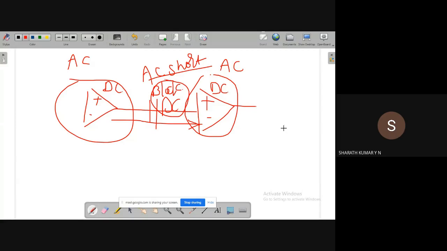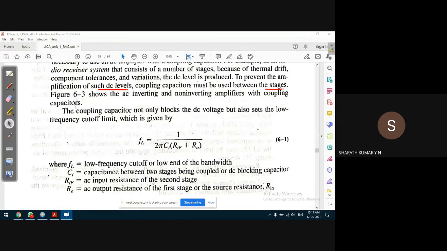So we can have a capacitor at both the input stage as well as the output stage. Coupling capacitors at both the input stage and the output stage. That's what the author means to say. So 6th shows the AC inverter. We'll discuss coupling capacitors for both the inverting and non-inverting amplifier. Of course, we can have it for the voltage follower circuit and the difference amplifier too, for everything.